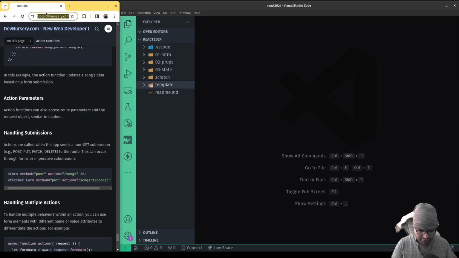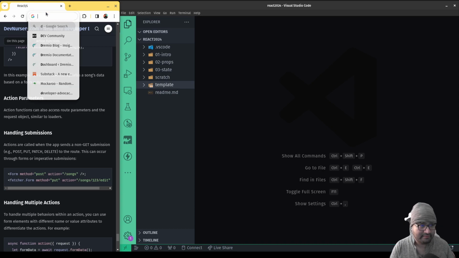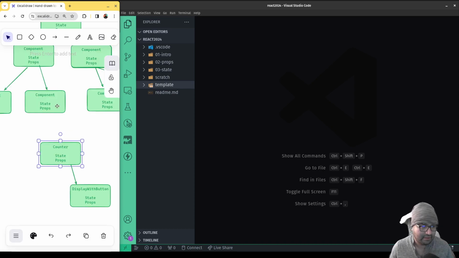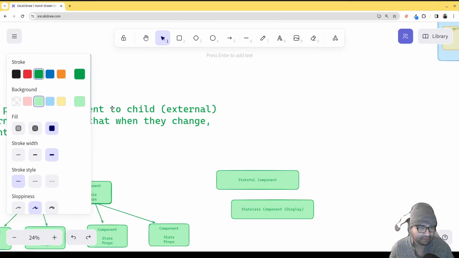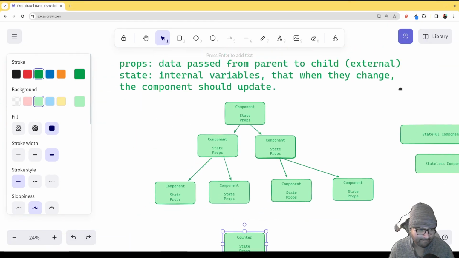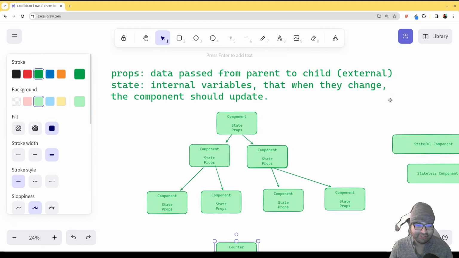But let me head over to Excalidraw for a moment. Okay, and we'll use this image right here. Why not? So essentially there are two types of information. I will go back to this image again in the next video. There are props and there is state. We're going to be focusing on props in this video, but props are data passed from the parent to